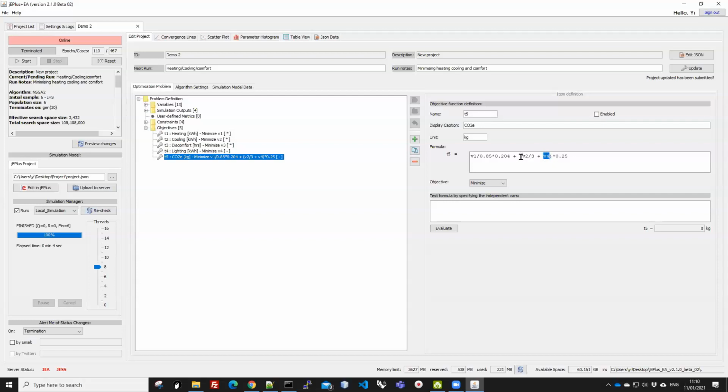But the electricity consumption times the carbon intensity of the grid gives you the effective equivalent carbon emission of using electricity. Then these two can be added together to calculate the operational carbon emission for heating and cooling and lighting in this case. So we could use a formula like that to combine heating and cooling in order to reduce the number of